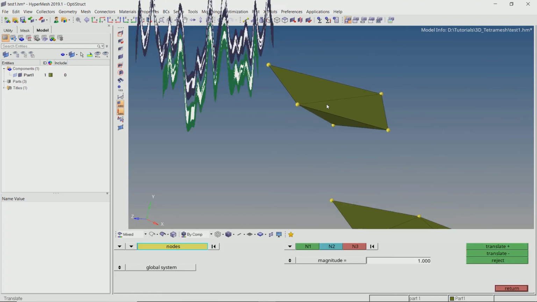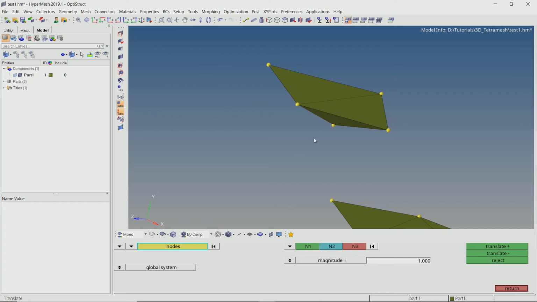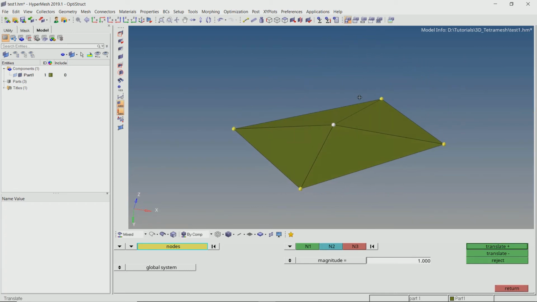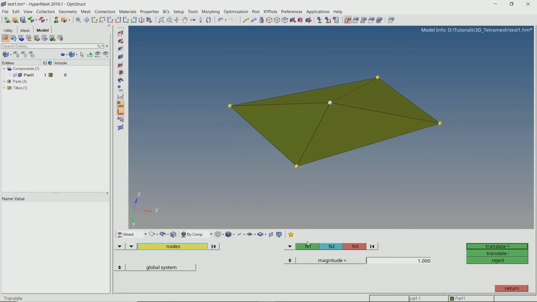It can be accessed by pressing Shift F4. Now select the non-surface node, that is, the node which is not visible on our model surface. We can define the normal plane by selecting any 3 nodes. Now with any arbitrary value, we will translate the selected node. As you can see, the height of the element is increased.